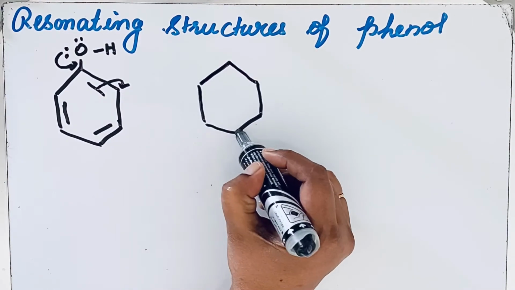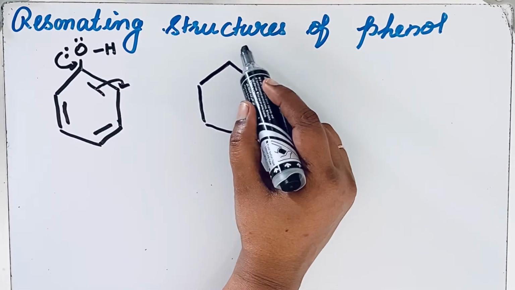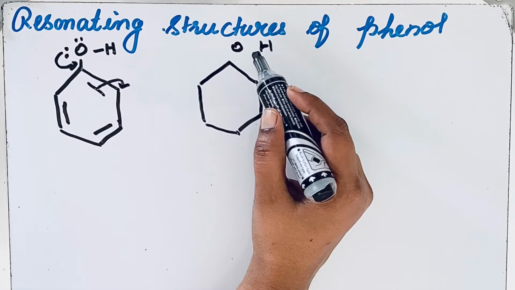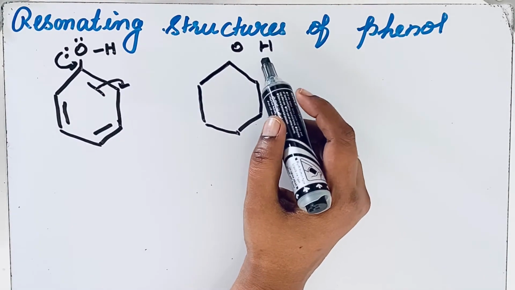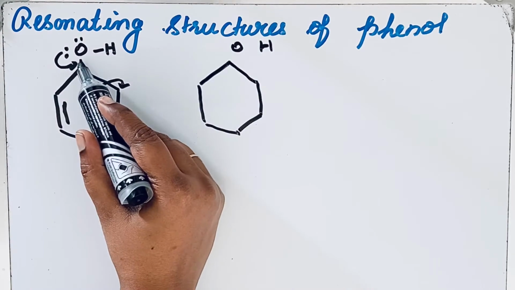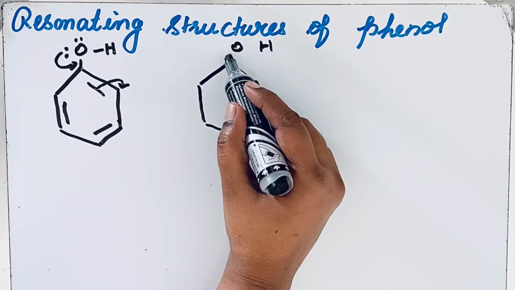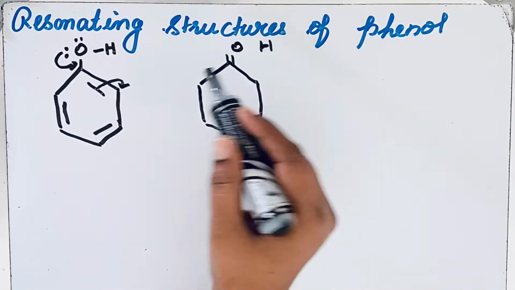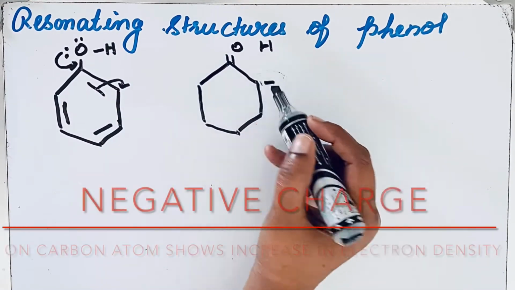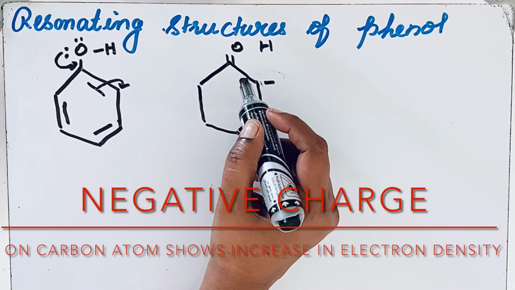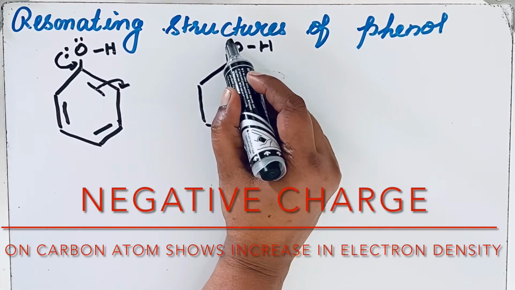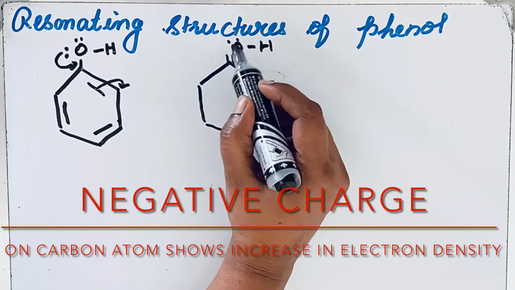First, write the position of OH, because there is no change in the position of atoms. Now you can see that here, instead of a single bond, a double bond will be created. Then the single bond breaks and a minus charge is created. Now remaining all the things are same. So we can write a single bond here only, now with one lone pair only.